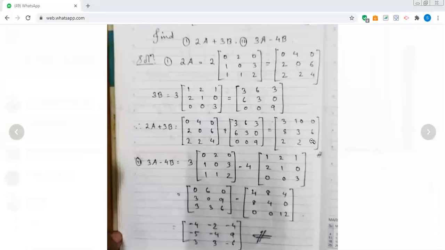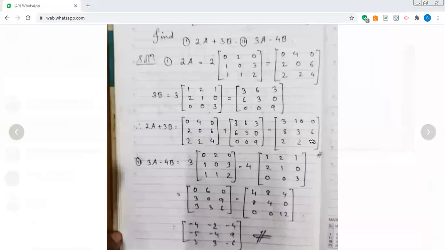पहले तो तुम लोग को देखना होगा जो दो मैट्रिसेस तुम लोग ऐड कर रहे हो और सब्ट्रैक्ट भी करोगे, वो सेम ऑर्डर का है कि नहीं. First thing is that. After that you have to do what? Add the corresponding elements of the matrices. And if it is a problem of subtraction, then subtract the corresponding elements of the matrices, nothing else. So second question तुम लोग देख सकते हो. You just see the second question.